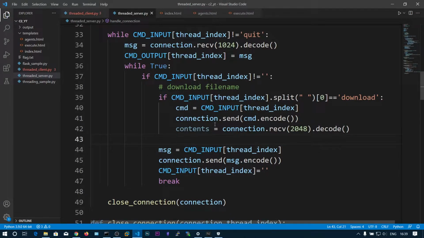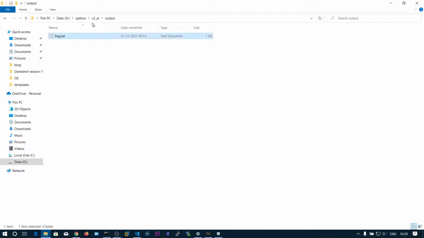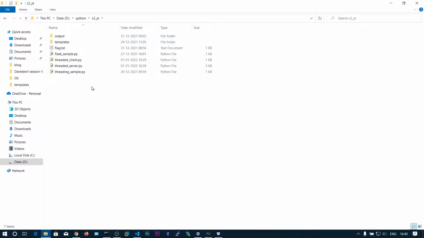After receiving the contents, what we can do is, f is equal to, so I have created a sample directory output. So this output will be storing all the files coming from the client in this output folder.